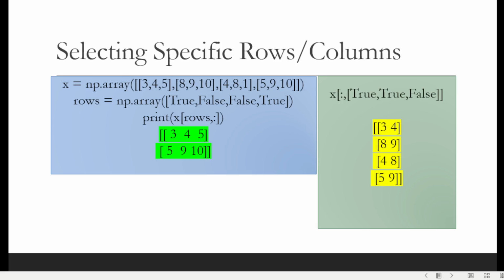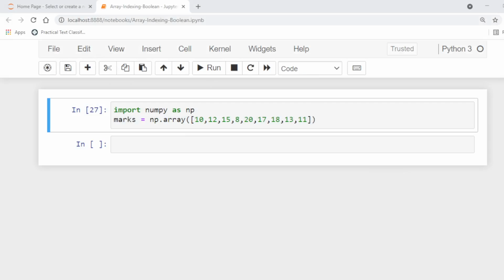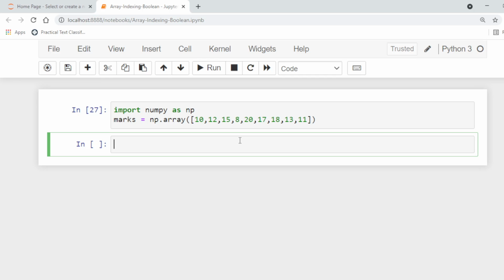So here we have a one-dimensional array. Now we want to apply the same concept. We want to filter all the values that are greater than 12, for example. So here is an array idx equal to marks greater than 12. So it will select all the values that are greater than 12.